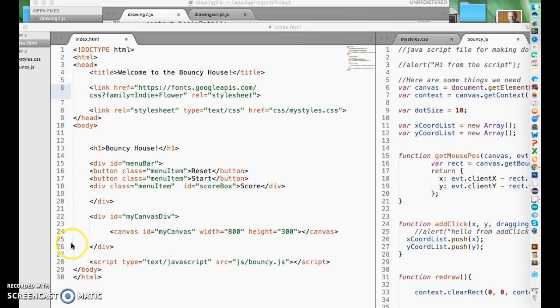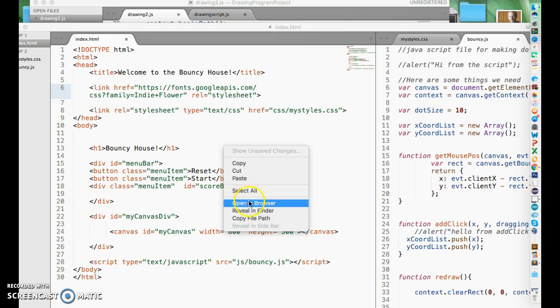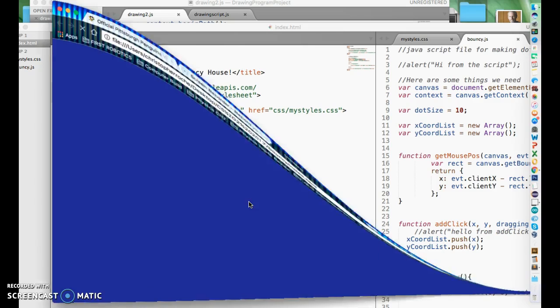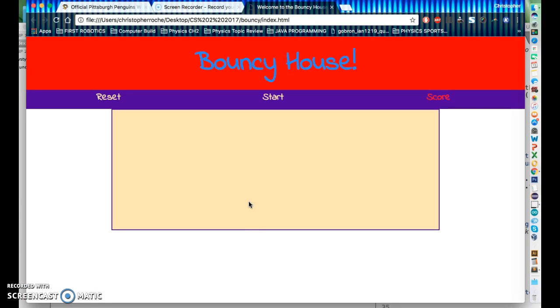CS2 work to get some JavaScript going, and we're going to work on making kind of a little dot moving thing. So what I wanted to do was get that going, and we had from class a piece of it, which was the bouncy house. So what I did was I have a header here, right? I made a menu bar, and then what I wanted to do was I wanted to have it be able to do this, okay,